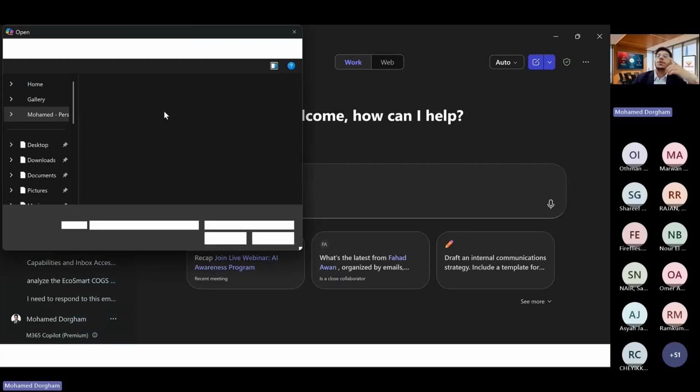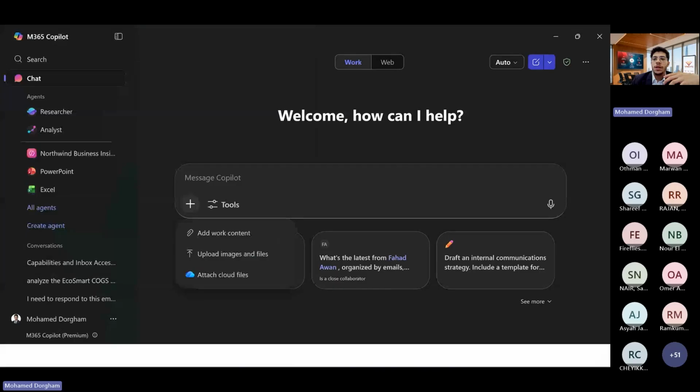By the way, notice the following. Copilot can actually access your OneDrive. So this is also another advantage. If you are working with OneDrive, or by the way, I just want to know who's here.